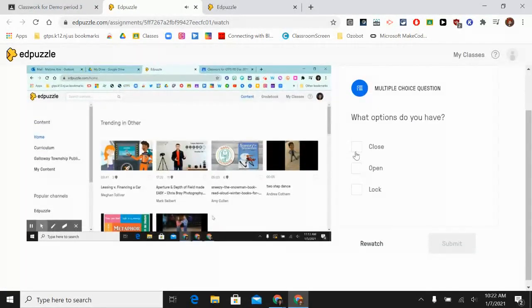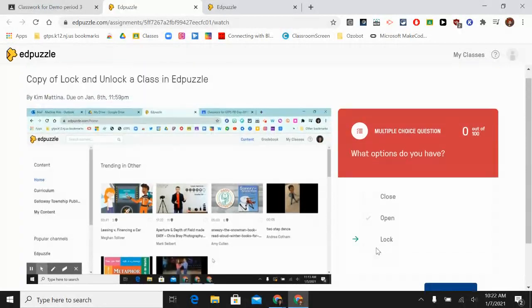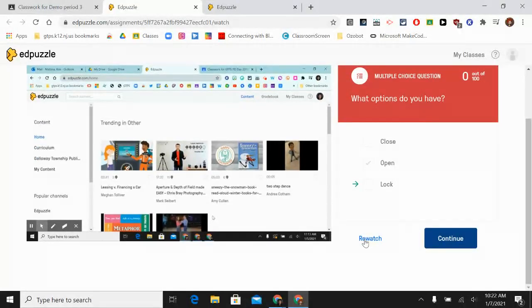And I'm basically just going to select an answer here. It prompts the student in red that it was wrong, and it also gives the student the option to rewatch the video up until that point, and it does state that this is the correct answer. So I can click continue,